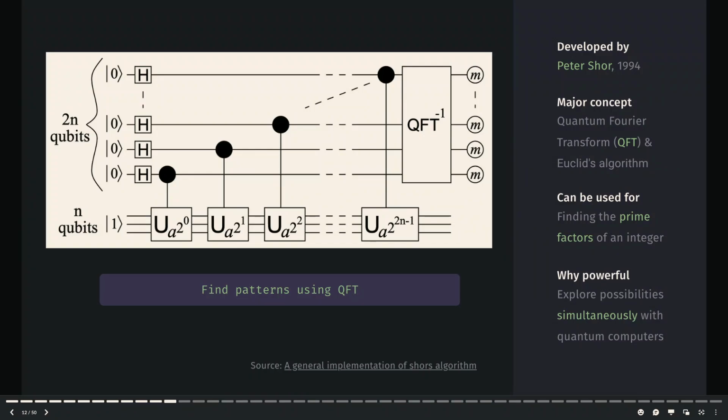Once the pattern is found, it's used to factor large numbers, which breaks RSA entirely. This ability to factor a large number quickly is what makes Shor's algorithm such a threat to modern encryption systems. RSA encryption depends on the assumption that factoring large numbers is hard, but Shor's algorithm drastically reduced the time needed to factor them using a quantum computer.